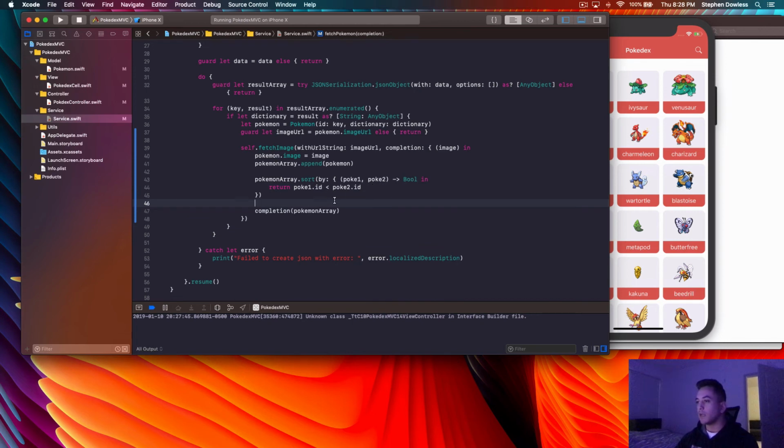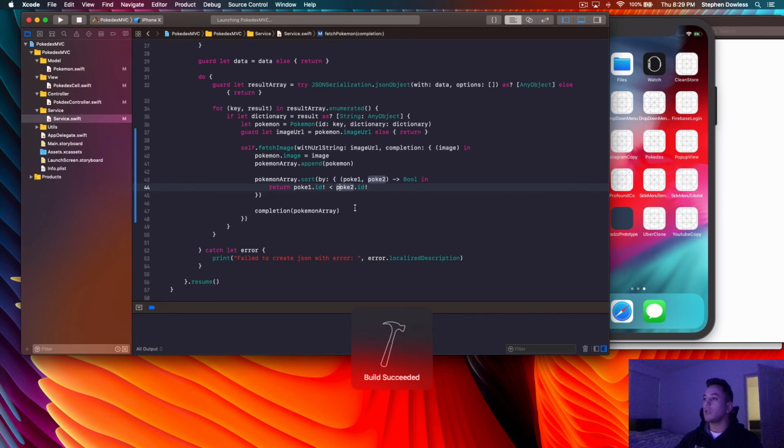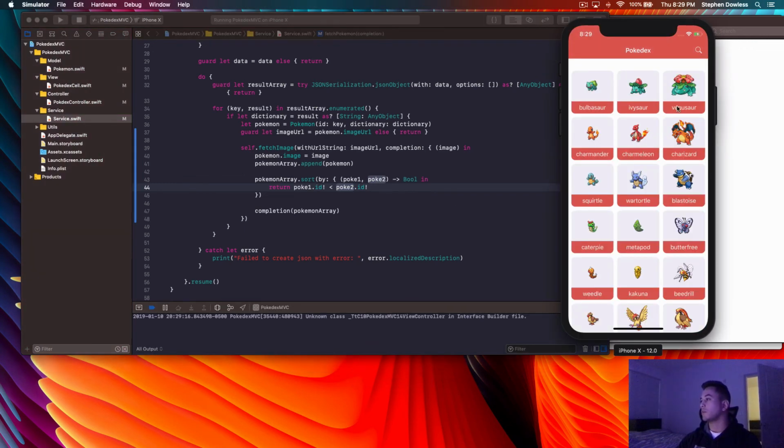And I think we're going to get an error here. Yeah, so these can't be optional, so we need to force unwrap these. And that's okay, because at this point we know that we have a Pokemon, so it's okay to force unwrap them. If we weren't to get our Pokemon back, it would have stopped at this line of code here, so our code isn't going to crash. And you can leave this completion statement outside of this sort function. Go ahead and run our code again, and this way we guarantee that our Pokemon will always be sorted in the correct order.